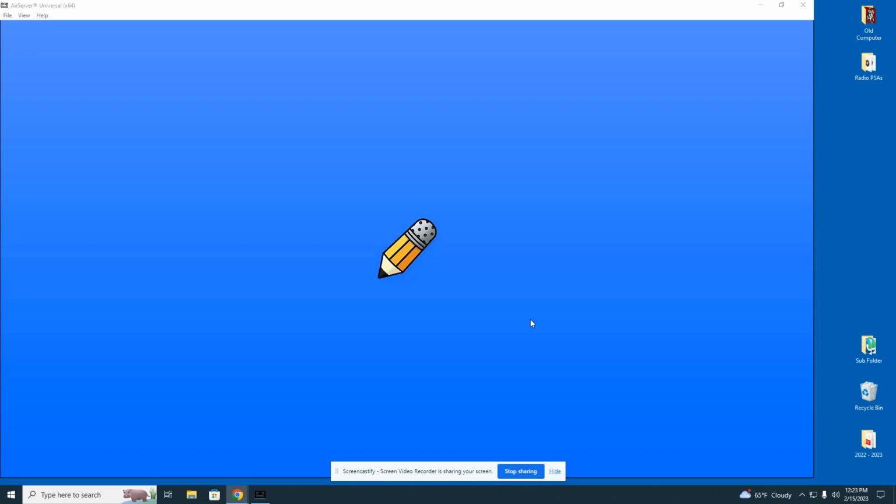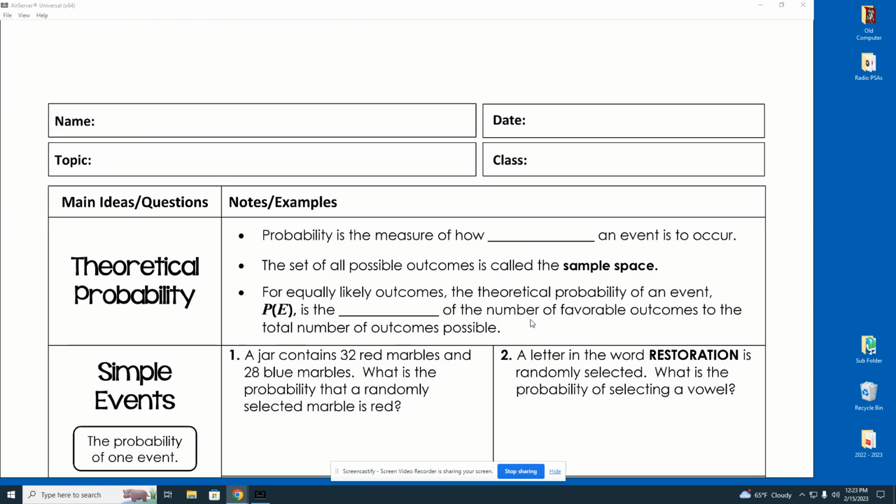Okay, so we're doing theoretical probability today. Very simple. Probability means what? What's the first word that comes to your mind? Starts with a C. Chance. That's the first thing that should pop in your brain. So probability is chance. Theoretical probability is basically saying, in theory, what's the chance of something happening? So, flip a coin. What's the theoretical probability that it lands on heads? 1 out of 2 or 50%. So that's what we're talking about today.